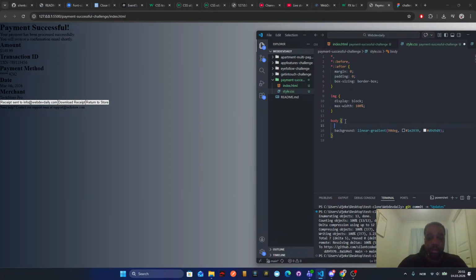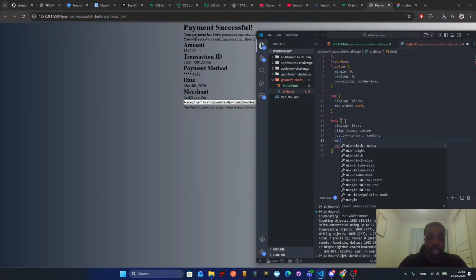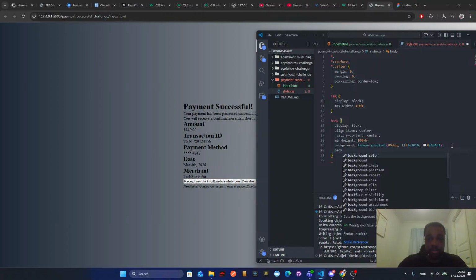And we're gonna do display flex. Center. So yeah, we need to add like a min height 100 VH, and then we can try to background